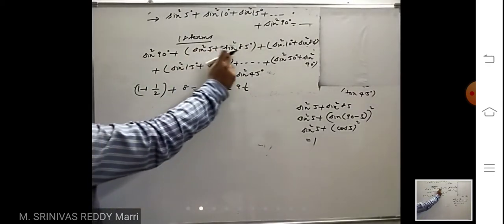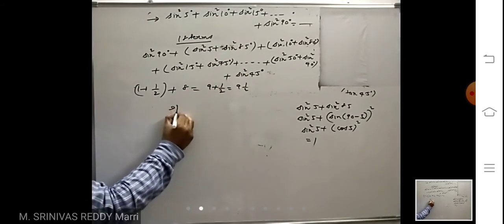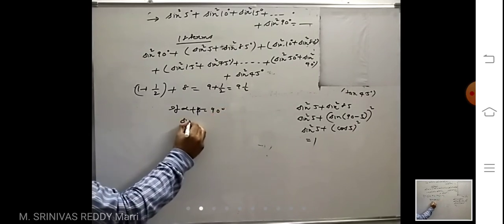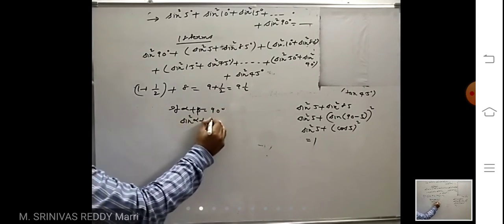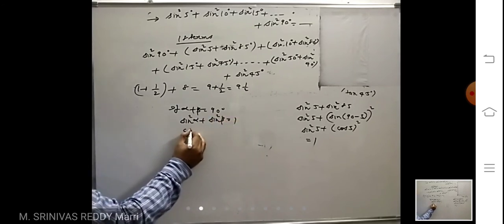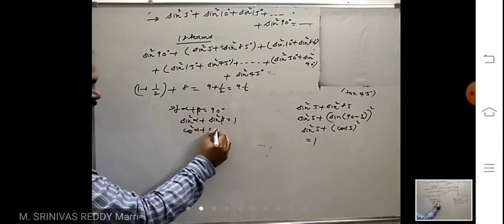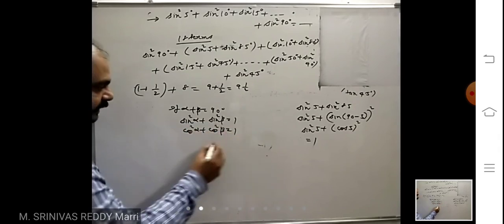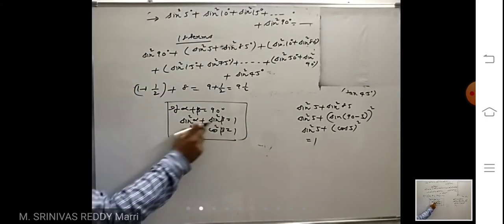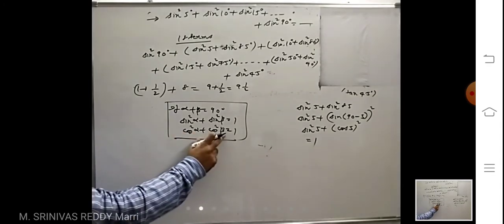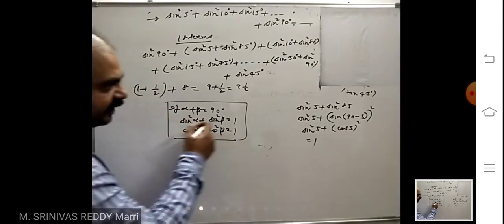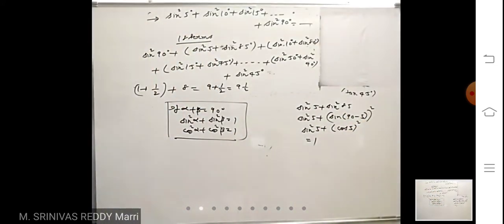Like that, whenever complementary angles are there, if alpha plus beta equal to 90 degree, you can say that sine square alpha plus sine square beta equal to 1. Similarly, cos square alpha plus cos square beta is what? 1. Because beta is 90 minus alpha, you will write sine square alpha plus cos square alpha. Here beta is 90 minus alpha, so you write cos square alpha plus sine square alpha. No need to remember the formula. You just make it like 90 minus 5.